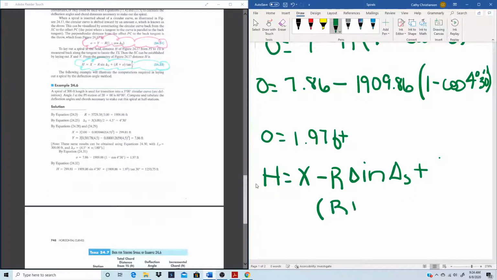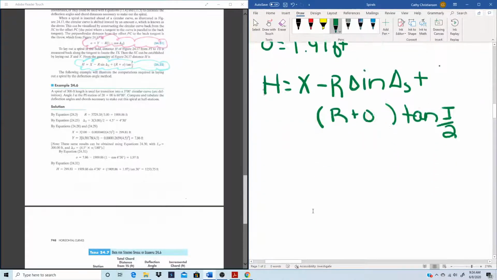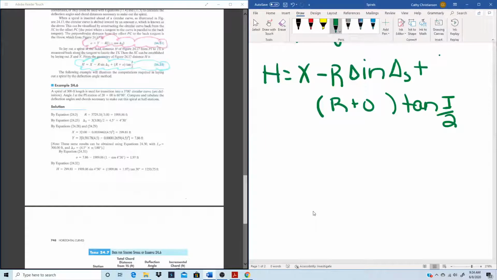R plus the throw times tangent I over 2. Okay. So we're solving for H. So H equals, our X was 299.81 minus the radius, which we solved to begin with,